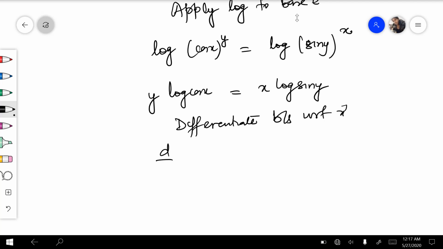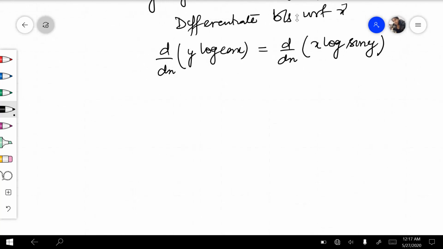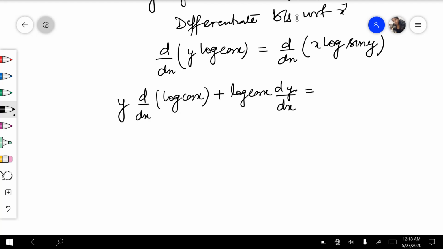This gives you d by dx of y into log of cos x is equal to d by dx of x into log of sin y. तो दोनों साइड पे दो टर्म्स का मल्टीप्लिकेशन है तो यहाँ पे अप्लाई प्रोडक्ट रूल. दिस बिकम्स y into d by dx of log of cos x plus log of cos x into dy upon dx is equal to x into d by dx of log of sin y